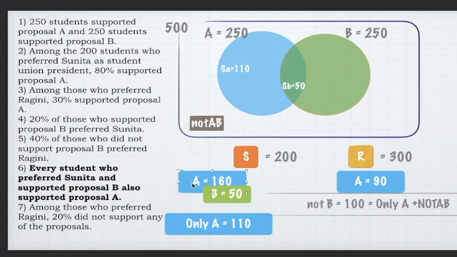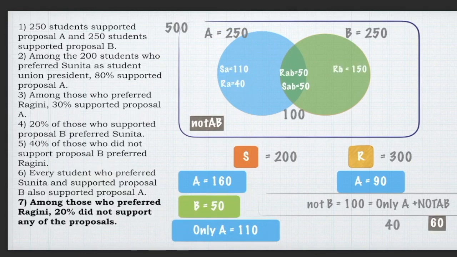and a little bit of arithmetic thinking that okay, this total is 160. Out of the total, A and B is 50. That means only A is 110. Only A is 110. And only A out of only supporters of S so far, because I'm not thinking of Ragini right now. And so I'm not saying that this whole region is 110. Out of this whole region, supporters of S are 110. So make peace with this information and then move on to the next rule.